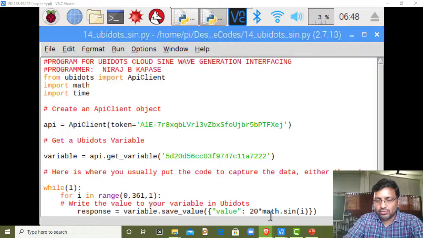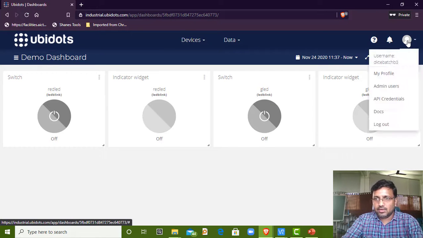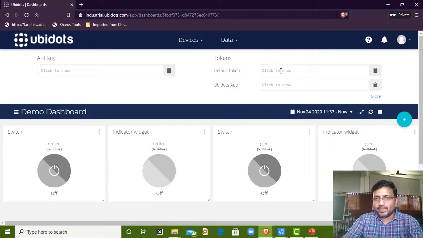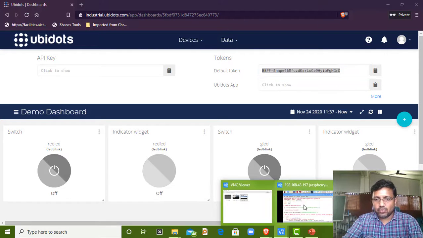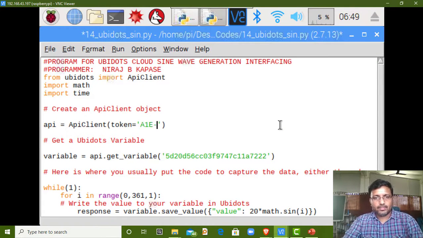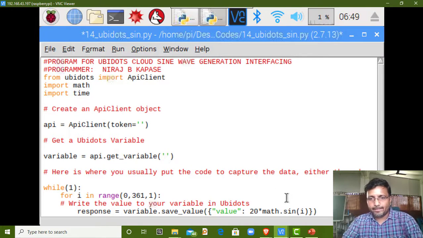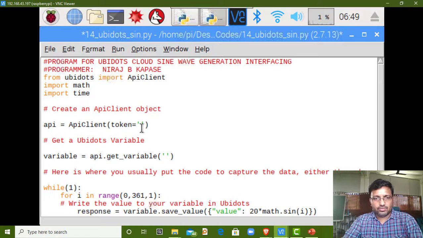So I have here the ubidots account. I have already signed up with a ubidots account. You can refer to the previous video for how to create a ubidots account and how you can sign up. Go to API credentials. We require to copy these API credentials, so select them. It starts with BBFF. Just copy this and open your code and paste it here, the token.